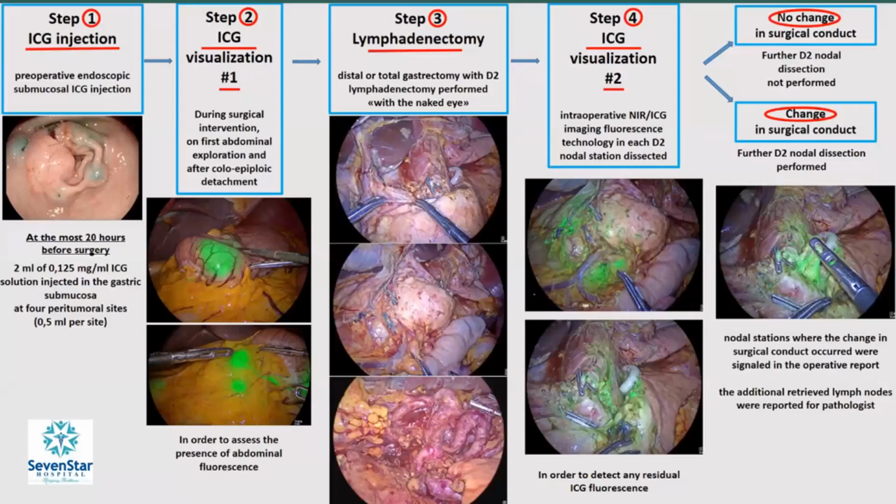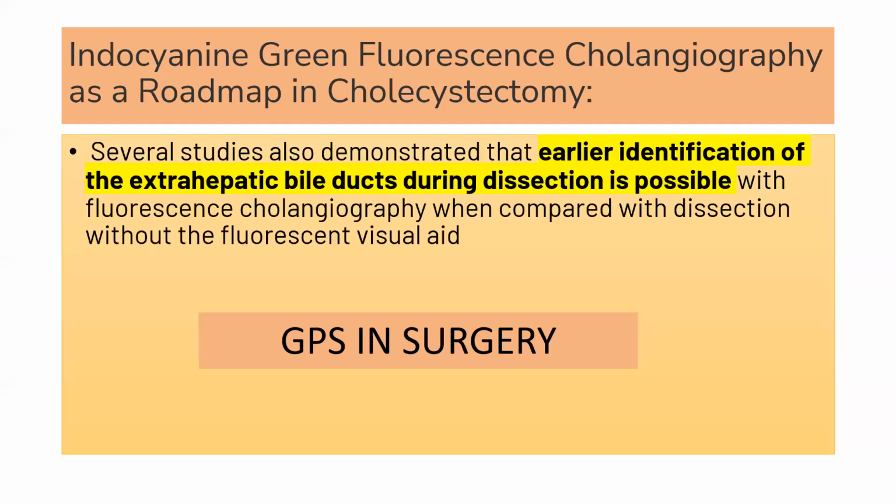In gastric cancer, we can instill the dye at least 24 hours before, endoscopically at 4 quadrants, and we can visualize it intraoperatively. Do a proper lymph node dissection. All illuminated lymph nodes can be removed. And after removal, we can examine the bed for any remnant malignant tissue, and therefore we can achieve better results even in carcinoma stomach. So indocyanine green